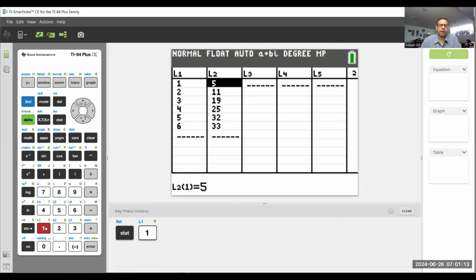So here is the table. You want to put your X values into L1 and your Y values into L2. I've already got some values in L1; those are my X values. I've also got some values in L2; those are my Y values. Once you're done putting the X and Y values into your table, you will hit Stat